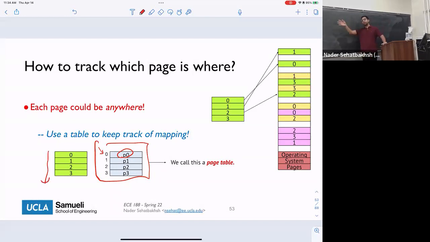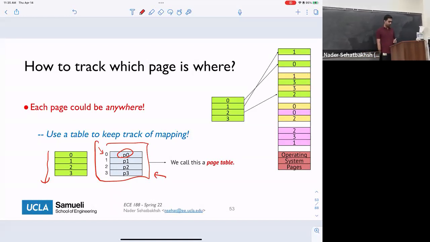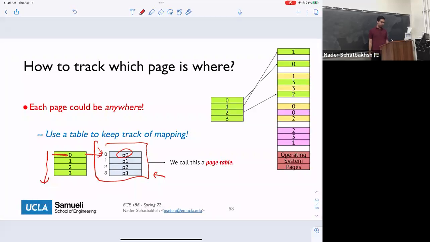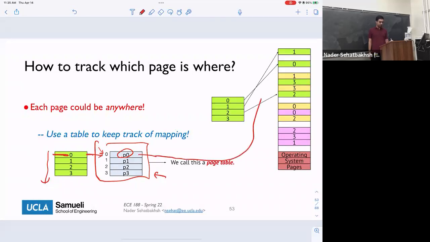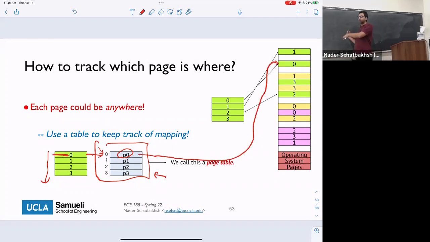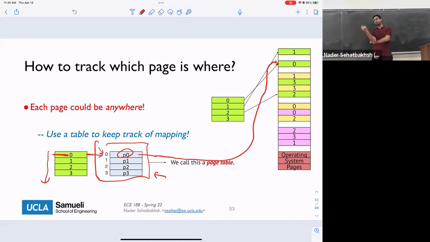And for every single program that we have, we also have a separate page table, right? And this page table itself is not something big, it's something very small. So we can have a separate storage for this page table. This way, when I want to access something in this page, I have to go first to my page table to get this address, and then use this address to go to this part. So we store some sort of a key or map: anytime I want to read something, I have to go to the page table first, see what the actual address is, and then go to that address.